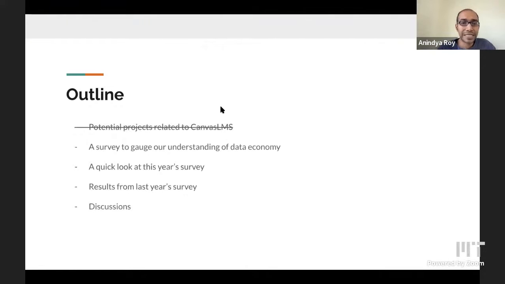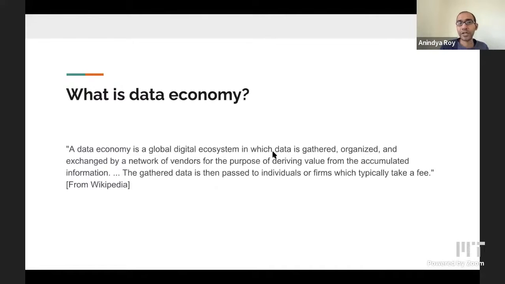All right. So the next thing we're going to do is for you to take a survey on data economy. Some of you might have taken it in the last 2 years. For those of you, it's a choice. If you don't want to take it, that's fine. If you remember what it was, we are taking too many surveys these days. But for those of you who have not taken it, I would really appreciate if you can take it. And those of you who have taken it, if you want, that would be a great data point, because we are asking if you have taken it already in the survey.